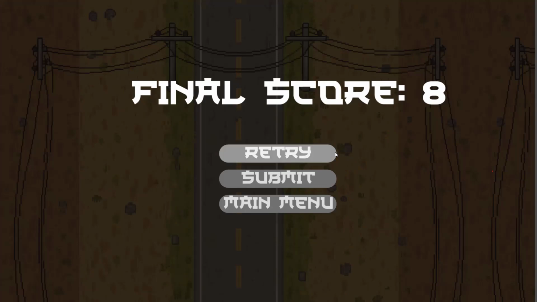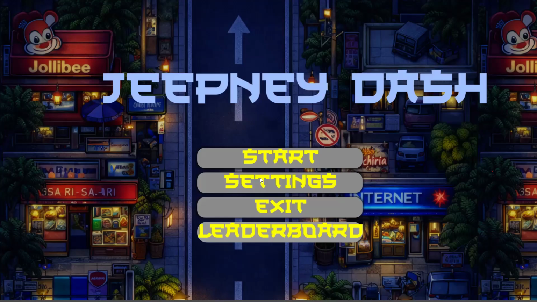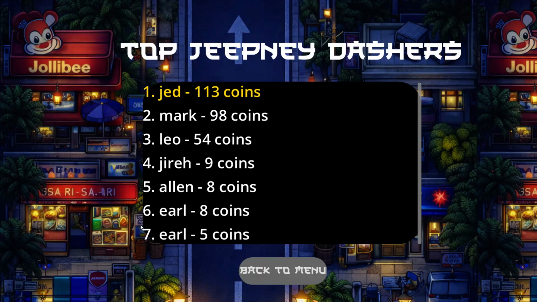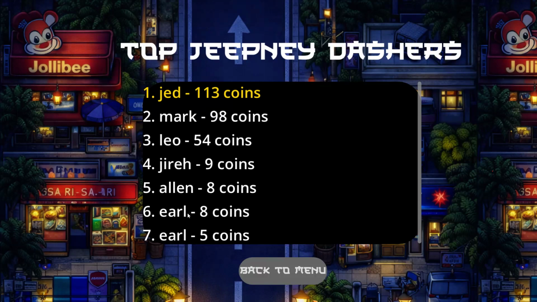If you are not satisfied with your score, just click the retry button and play again. But once you are satisfied with your score, just click the submit button and you will automatically go to the main menu. And when you click the leaderboard, your score will pop up on our leaderboard.